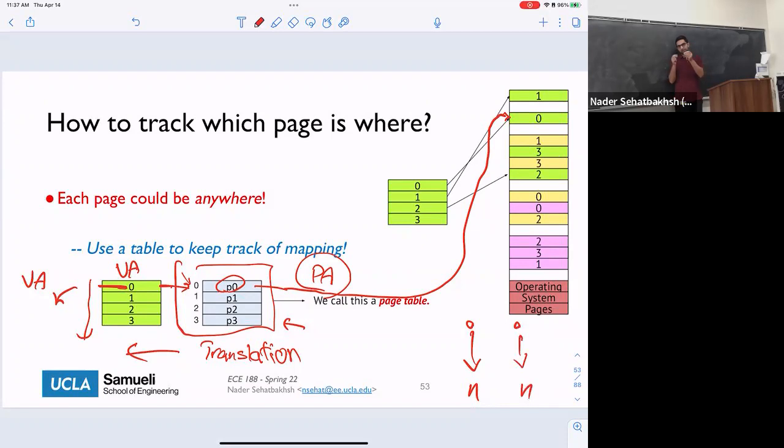At first look, they're the same addresses, but in reality, this is the virtual address of process 1 and this is the virtual address of process 2. When they are actually translated, they translate into separate physical addresses, and that's how we deal with different addresses in our main memory.